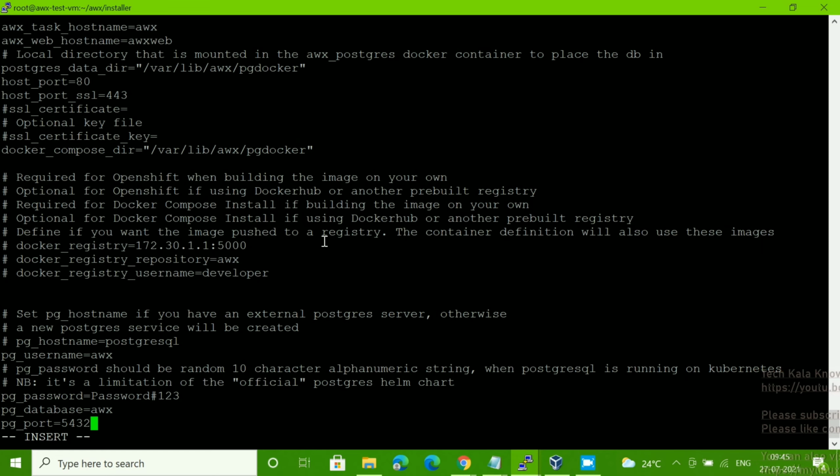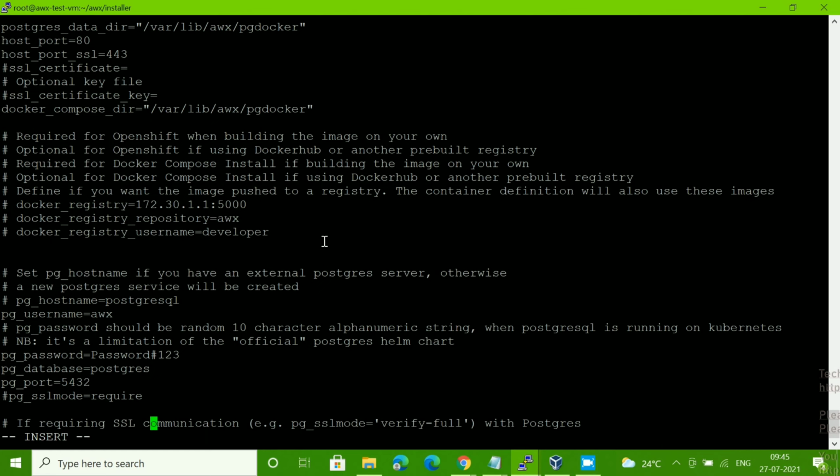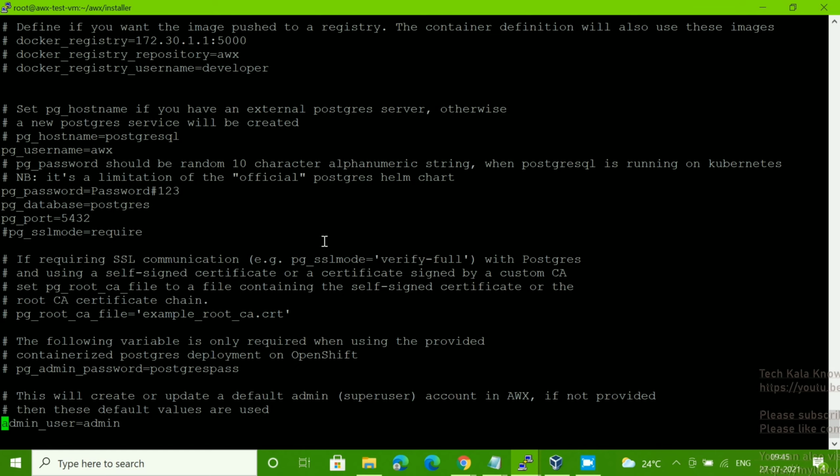Now the PG database. It's showing AWX. So we have to change it here to Postgres. Okay, Postgres. Now the admin user, we have to check where it is. Okay, so the admin user, you can see it's admin.